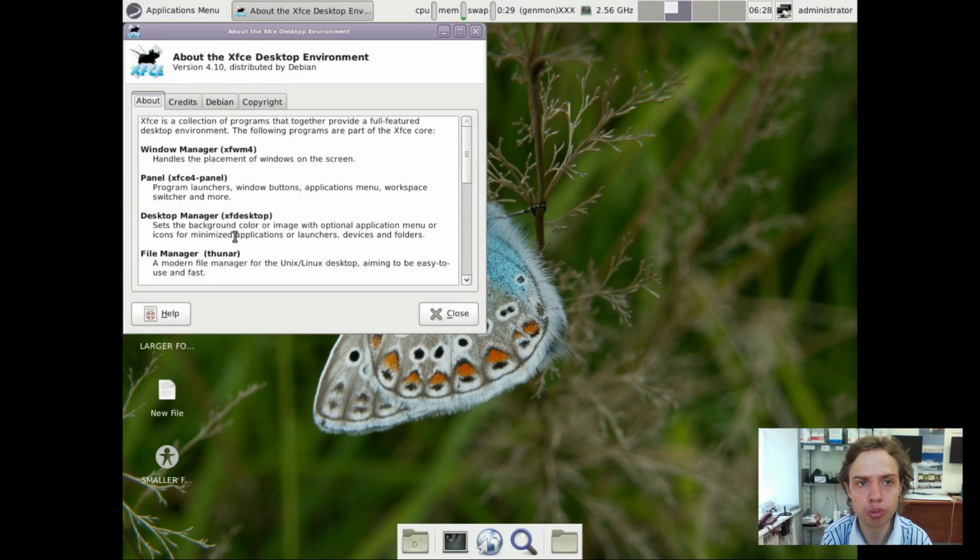Yes, this is pretty much Devuan 1.0.0, the first official release, and it's very, very stable. XFCE 4.10, and that's